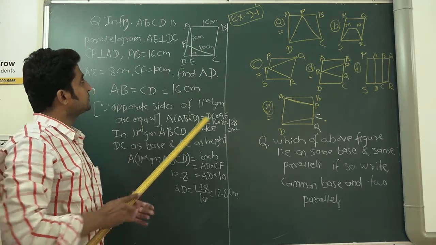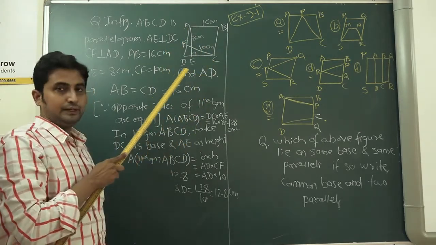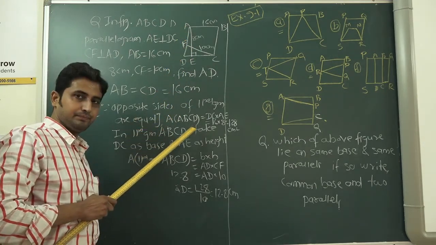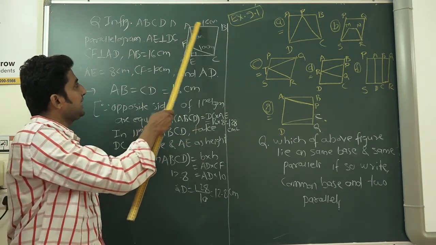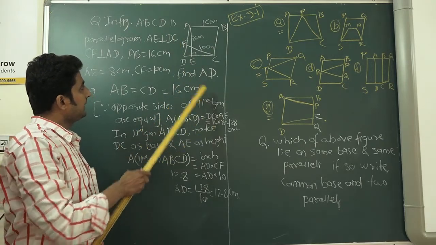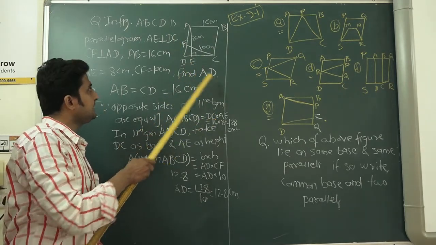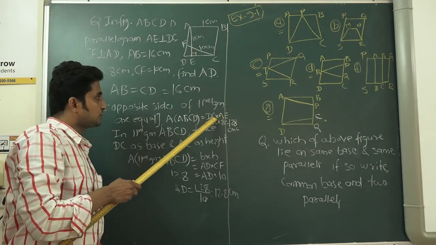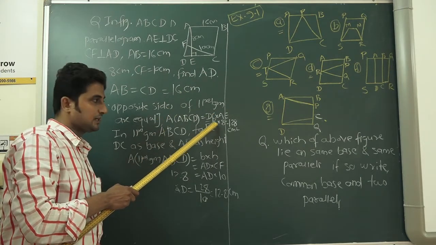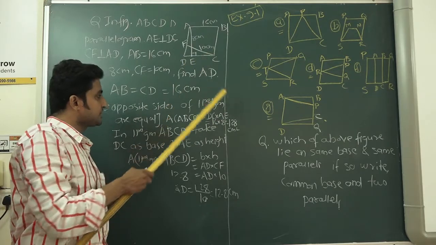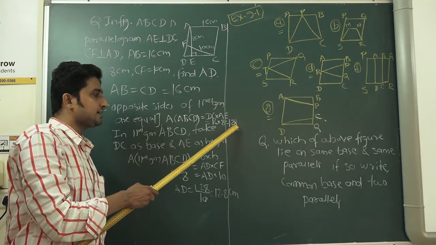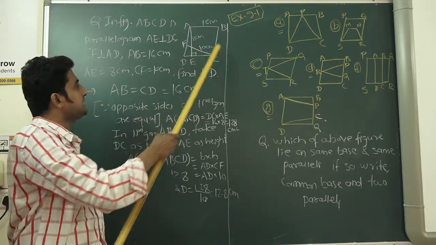Right? Now, dear students, if you watch this ABCD carefully, here we may consider CD as the base and AE as the height. Right? So, if we find the area of the parallelogram ABCD, here the base is CD or DC and height is AE. So, DC or CD, we know it is 16. AE, this height is given, that is 8 centimeter. So 16 into 8, it is 128 centimeter square. So the area of ABCD we know.